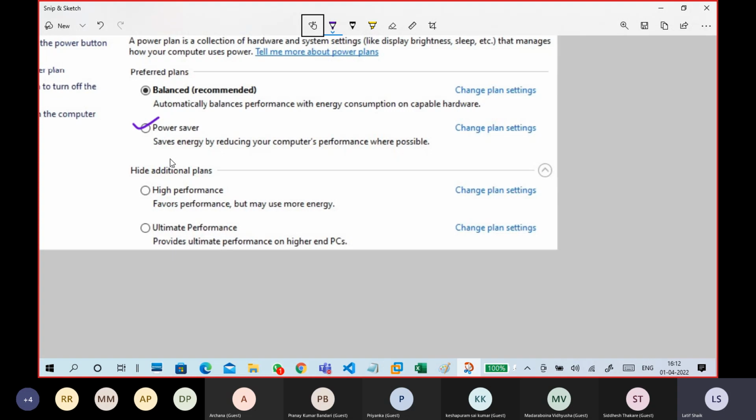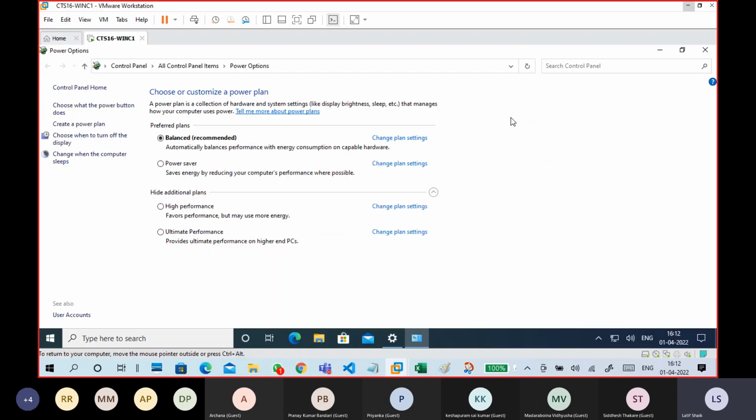If I'm going outside for 5 or 10 minutes, let it turn off the screen, which saves more battery. If I don't return after 15 or 20 minutes, put it in sleep mode. We will see that under Change plan settings, so I will show you what is there.